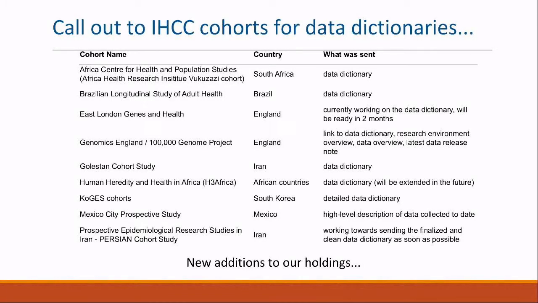And it's actually really fun, at least for me, to look through these data dictionaries and see what people are capturing. These are some of the folks who have already come back to us. And we're hearing from people like, we haven't yet built our data dictionary, and we will get that information back to you when we have it. What we're hoping, and this could be discussed in the breakout sessions, is what we could potentially provide back to you if you're a member or a friend of the IHCC. I don't know what the participation nomenclature is here. Would you like to see other people's data dictionaries, how they collated that information? How could that be useful for you as well?